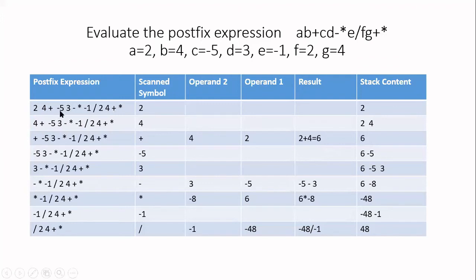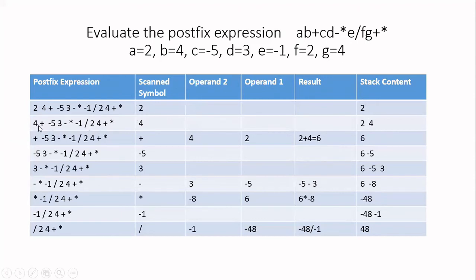Now here you see I have given -5. This -5, the minus is not the binary operator, it is a unary minus, negate minus. Okay, so be careful. So first I am going to scan the first symbol, that is 2. This 2 is an operand. An operand can be either variables or constants also. Here we have a constant. So this 2 is an operand, so push it into the stack. So I have 2 now.